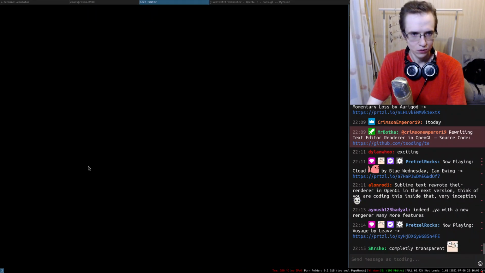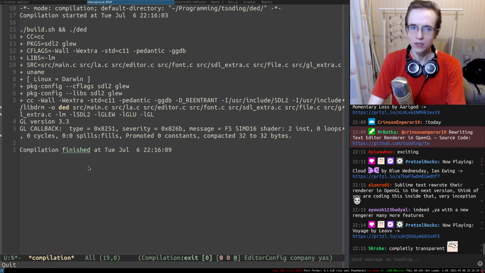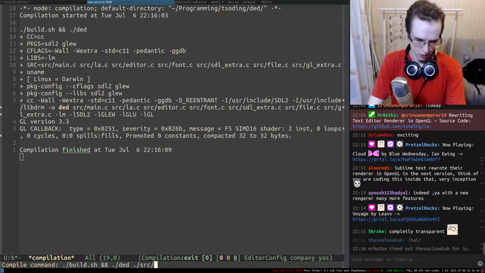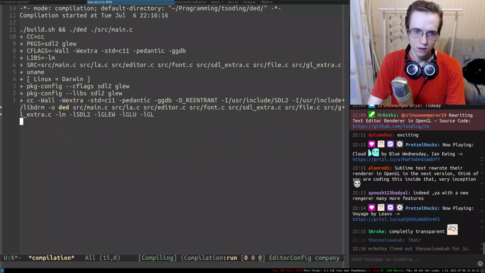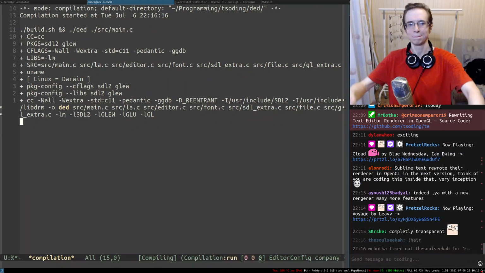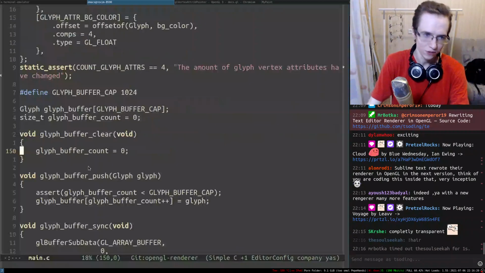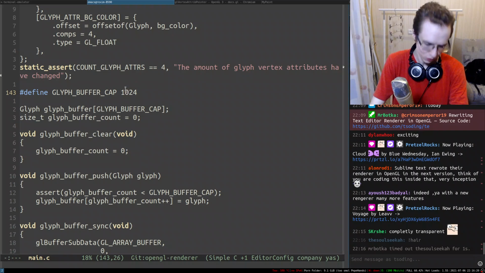All right, so yep, it's kind of working, and now I should be able to open the file within the text editor. Oh shit, there's too many glyphs. All right. I think we need to actually allocate a lot of data in here. So how much? I think maybe 640 kilobytes should be enough for everyone.